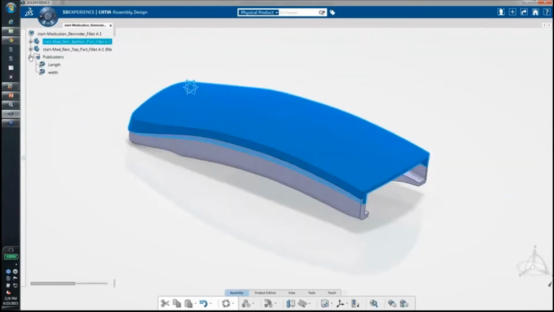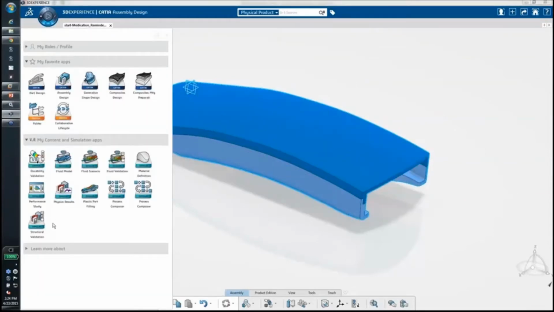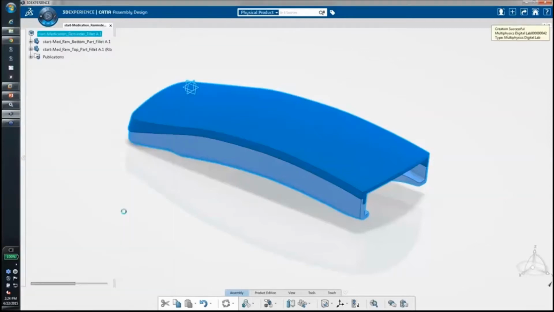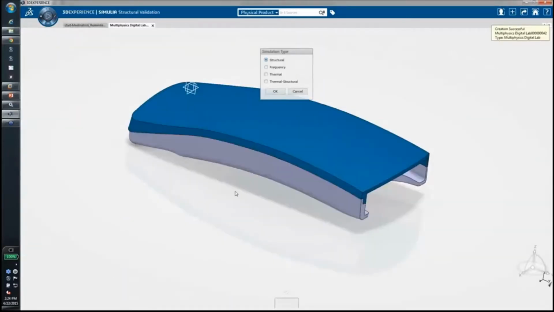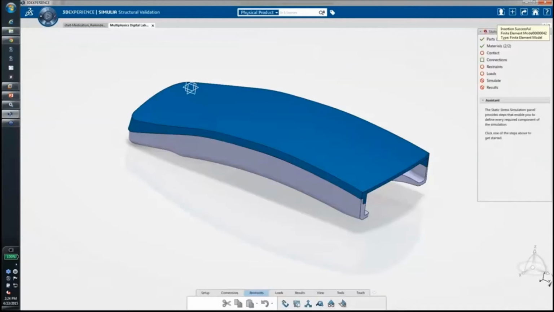So as a designer, if I wanted to run a quick simulation, what I would do is go into my V+R tab and run structural validation. I'd have access to that app. And in here, I'll just do a structural analysis. At that point, it actually creates a simulation object